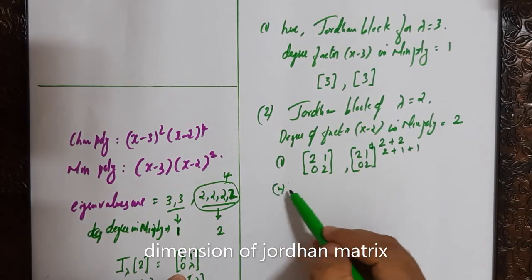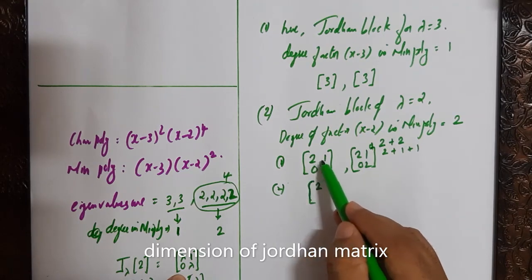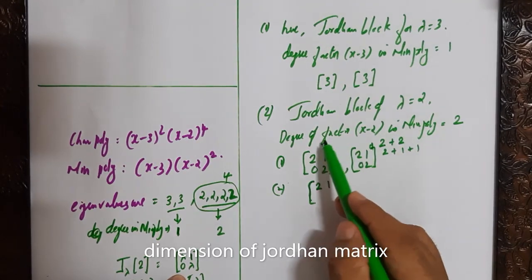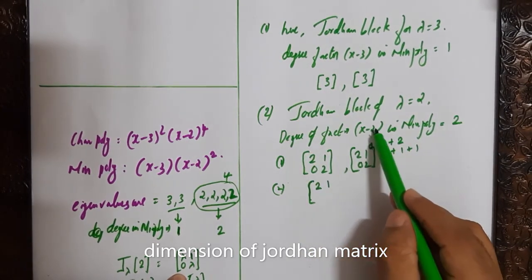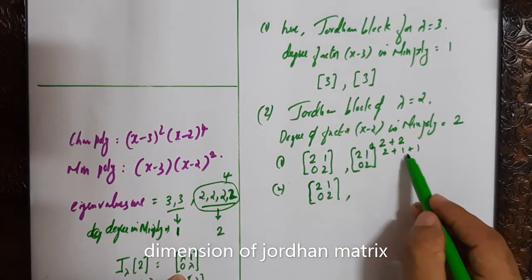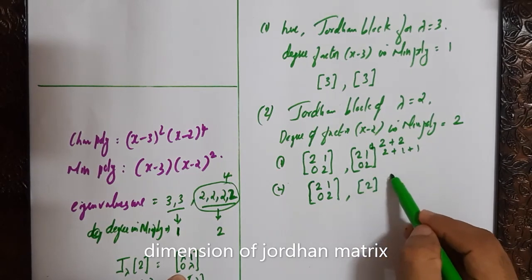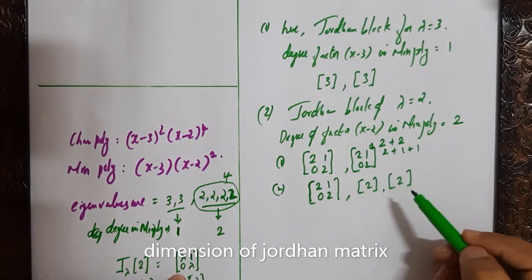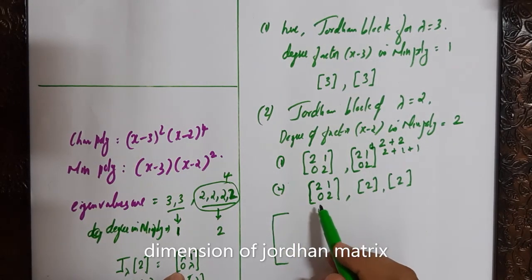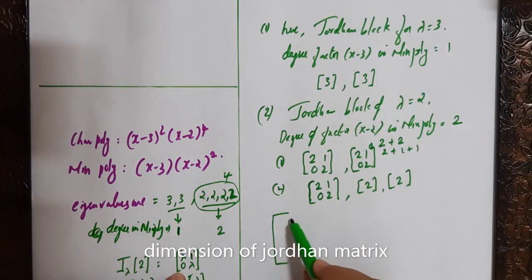And the second possibility is there must be a block of degree 2 because the degree of the factor is 2. So this is a must. And next there may be a block with dimension 1. So the possibility of Jordan matrices is, first, the block for lambda equal to 3,